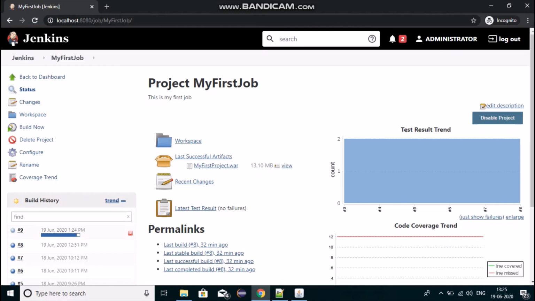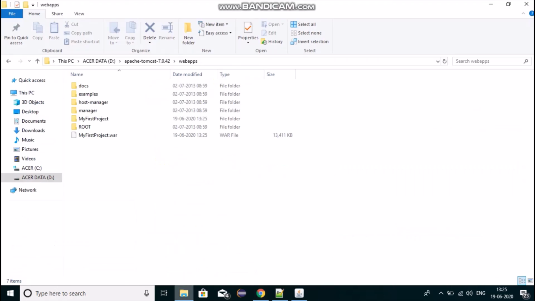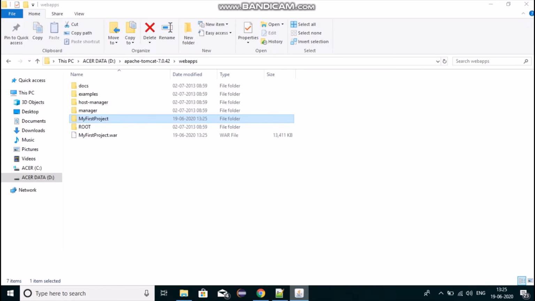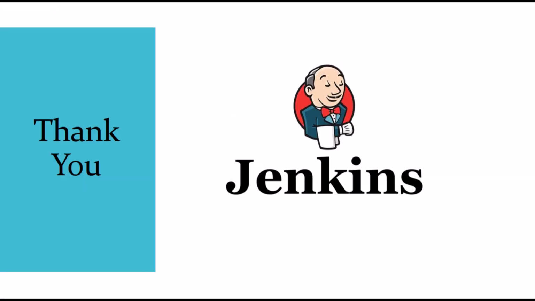So it is almost complete now. And we can now check our webapps folder. You can see there is a war file and also the extracted files. It is also deployed on Tomcat container.